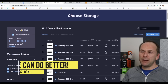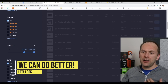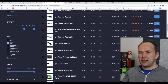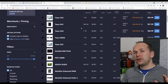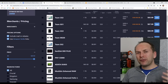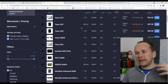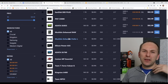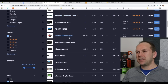We could save quite a bit of money here. And let's see what we can get instead. Let's look for something that's at least 960 gigs. In other words, 1TB. That's an SSD. So as you can see, we get a number of drives. Now, not all these drives have DRAM on them. I would prefer to get something with DRAM on it or something with a really solid host memory buffer process on it. That way, when the handful of times I do huge file transfers, I'm not sitting there until the